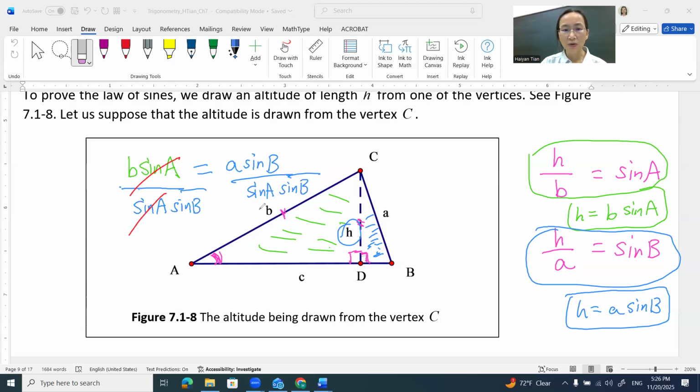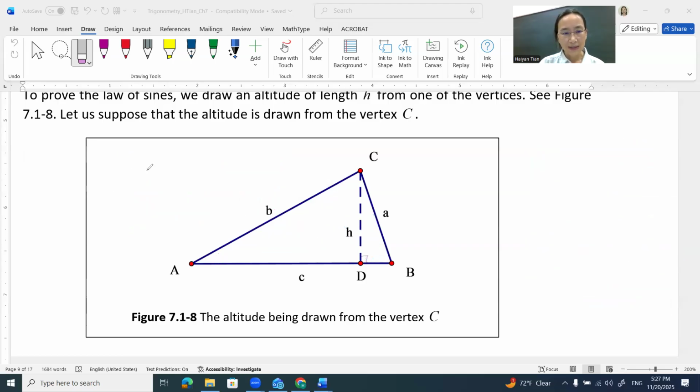If I divide both sides by the same quantity, it will still be an equation, right? Let's divide, and then I can cancel something. So this becomes b over sine B equals a over sine A. That's the form we knew already. That's the law of sines. So we just proved that